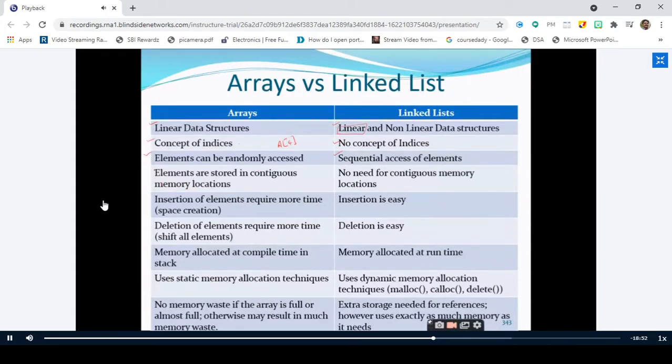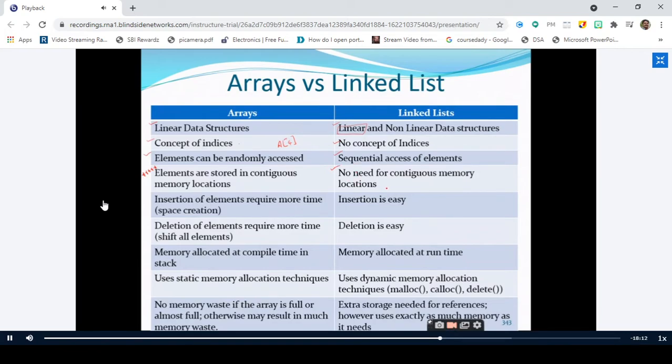And coming to the elements, very, very important. Here comes the understanding of why linked lists are not considered linear data structures. How are elements stored inside arrays? Consecutive memory locations. The definition of the array itself says that it is a collection of elements of similar data types which are stored in contiguous memory locations. But remember, the linked list need not be contiguous in nature.